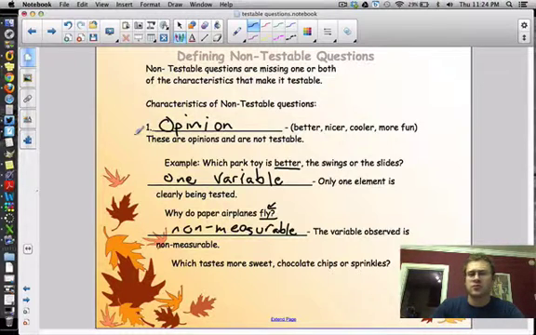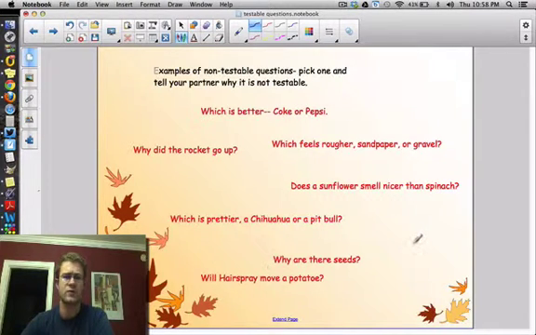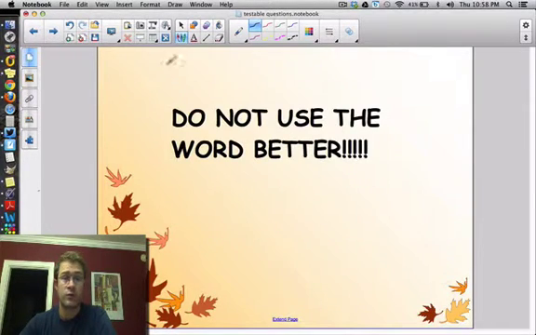And so those are the three red flags. Opinionated questions, one variable is being tested of either the independent or dependent, or the observation is non-measurable. So these are all examples of non-testable questions. So if you want to pause the video, take a look at some of these for some examples, it can help you. And never, ever, ever use the word